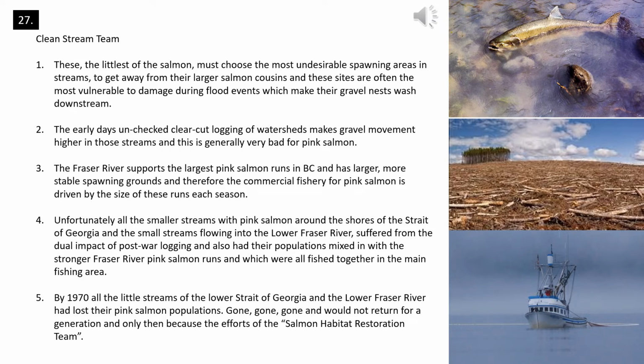So the dual impacts of land development on these little watersheds made them much more unstable in the main spawning grounds that pinks used. That was strike one, and strike two was the Fraser River was doing pretty good for pink salmon, and they fished them very hard. Strike three,